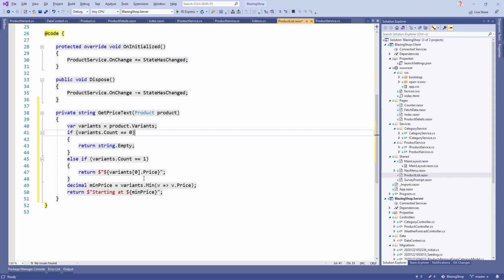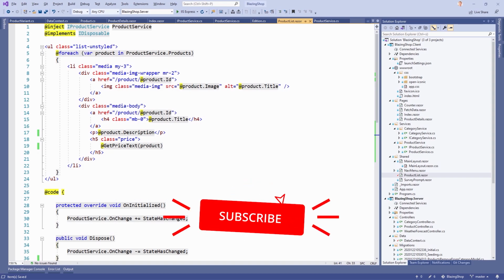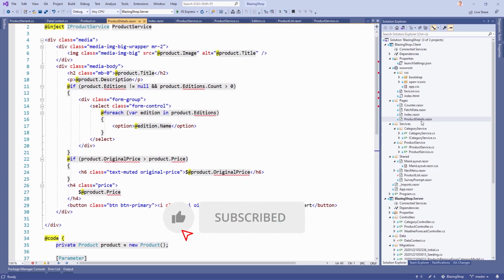And if we get several variants or more than just one variant, then we find the lowest price and say starting at the lowest price. So far the product list, and then to the product details, and these are a bit more complicated,